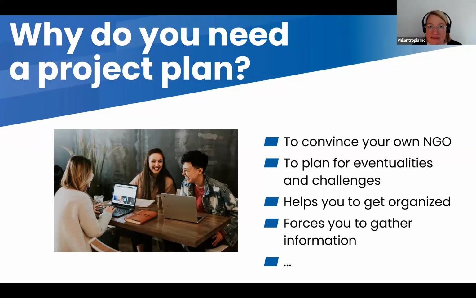Oftentimes we have ideas. An idea to do something is not a project. A project is a plan that has all the details, that is organized, that has a logic behind it, that has an intervention logic, etc. And moving from that stage of having an idea, oh, I want to teach farmers in my village about pesticides because there's an issue. That's an idea. But then actually planning out, like, what is the specific issue that I want to address? Why is that an issue? How can I address it? What are the activities? How much money do I need for that, etc.? That is developing a plan.